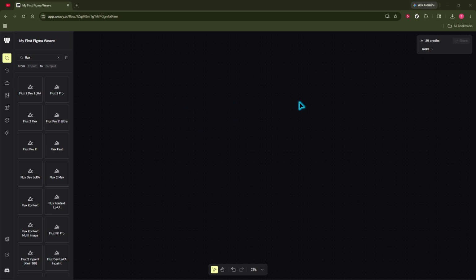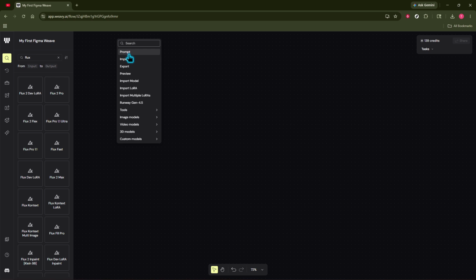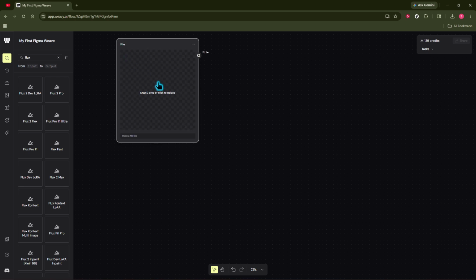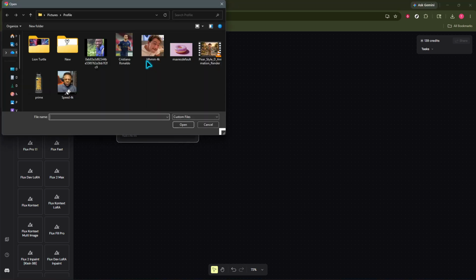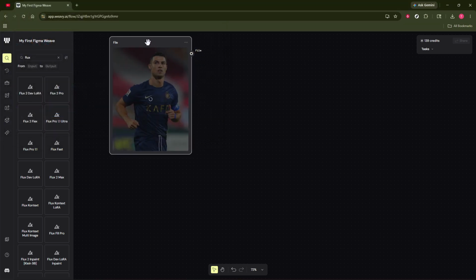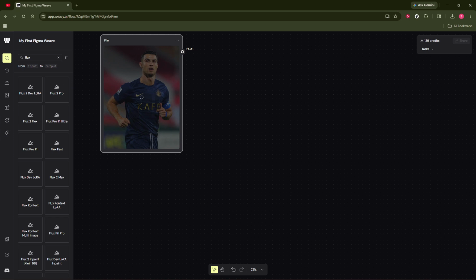Start by using a strong reference image. Upload a clear portrait if the face is your focus, or a full body photo if outfit and pose matter. You can also use an existing AI character you've already generated, or a clean product shot. Pick images with sharp details, minimal motion blur, and simple backgrounds so the model can lock onto the identity and